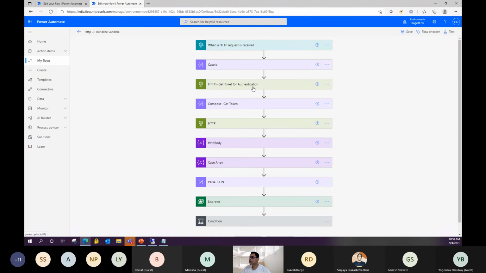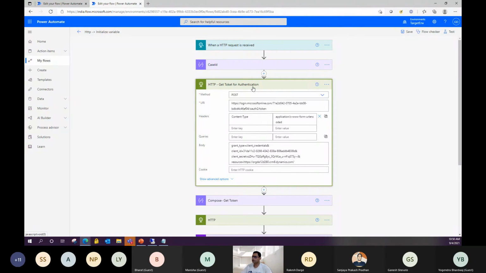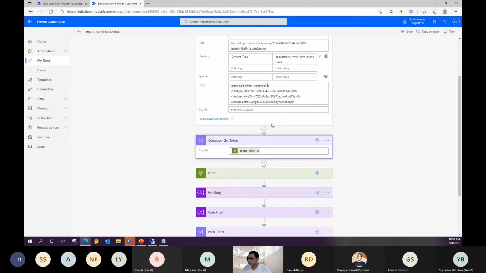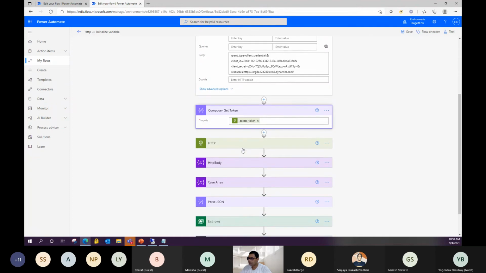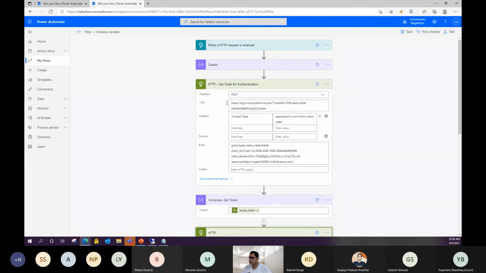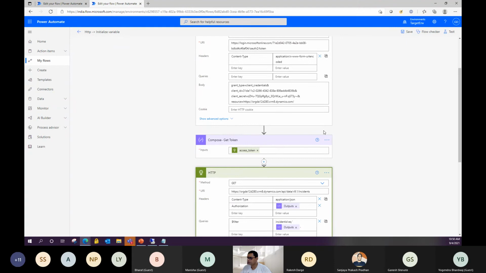On the source environment, this is the step where we are getting our bearer token. We'll receive the token in the next step, and now we have to hit the environment again with the token we get from this HTTP GET token authentication.